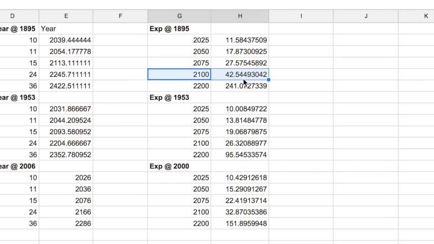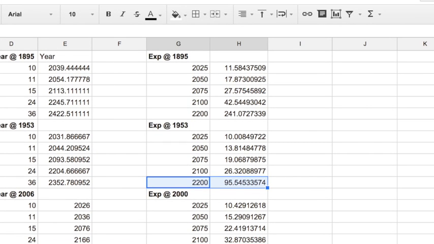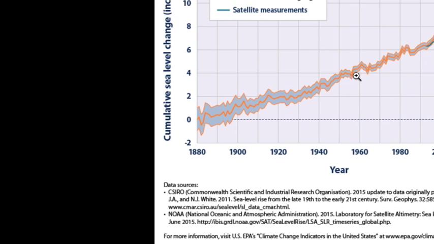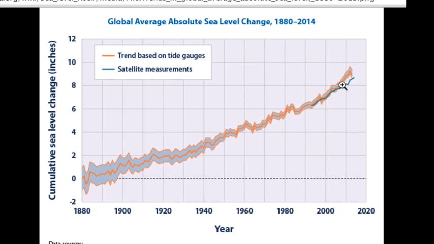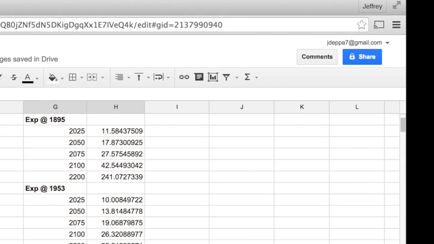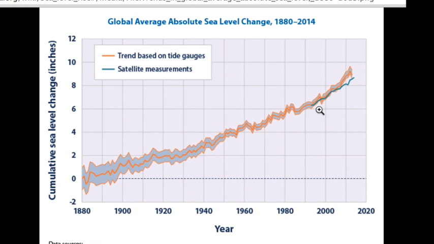And these last two here, 1953 and 2000, they're not really that important. It's just to show you the difference here between these numbers, 241, and then year 2200 here, 95, and then year 2200 here, it's 151. So what this is saying is that when you look at it at 1953, what the Excel exponential growth function is seeing is that from here onwards, it doesn't look very exponential. It looks like a straight line because you're missing all this data back here. But then when you go back to 2000, and start there onwards, it picks up this little bit of jump